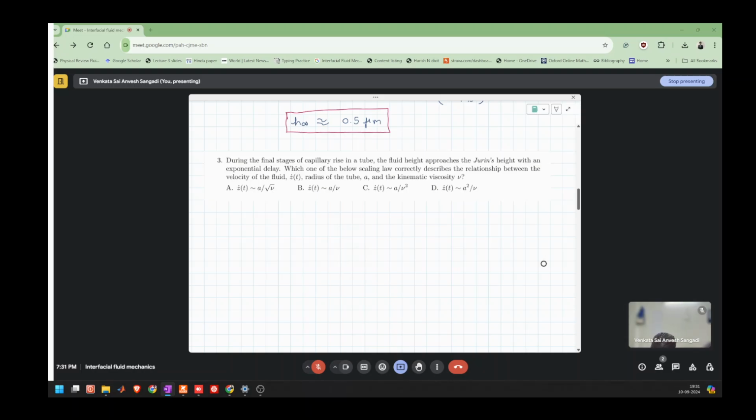During the final stages of capillary rise in a tube, the fluid height approaches the Jurin's height with an exponential delay. Which one of the below scaling laws correctly describes the relationship between the velocity of the fluid z dot, radius of the tube A, and the kinematic viscosity mu? So given, we have z dot, which is the velocity,